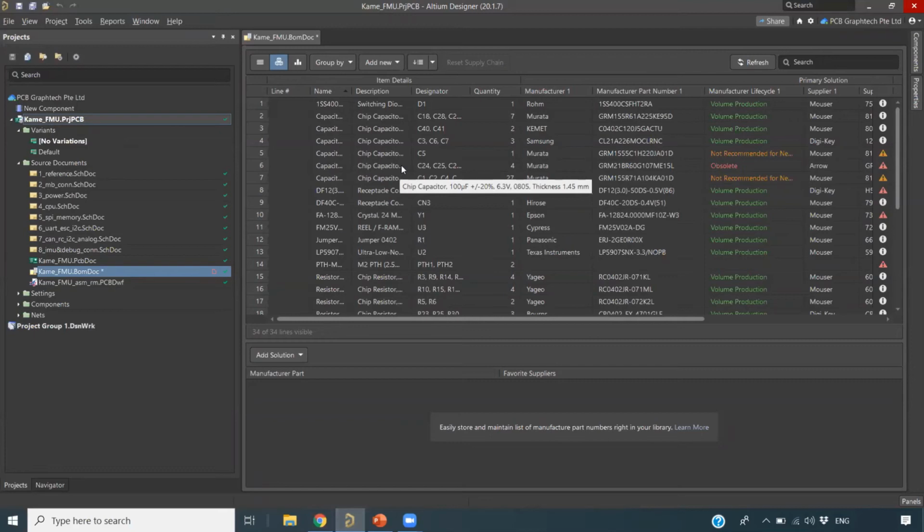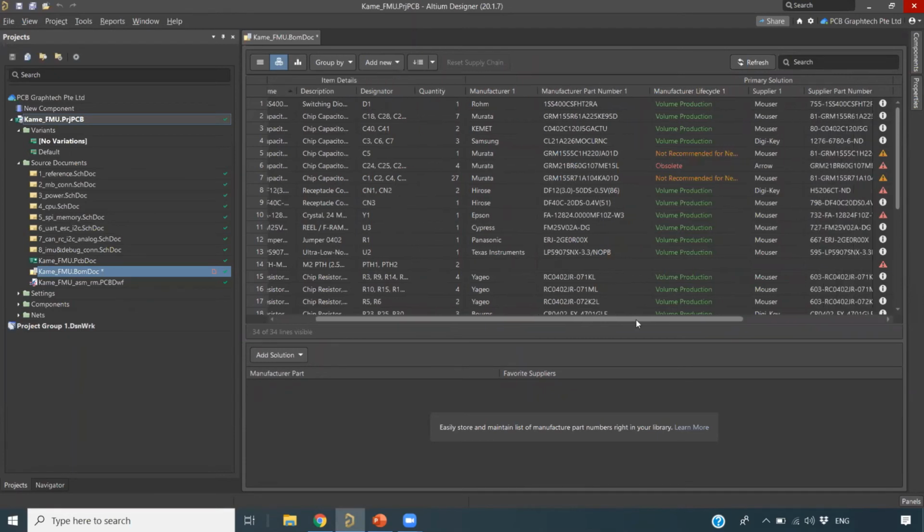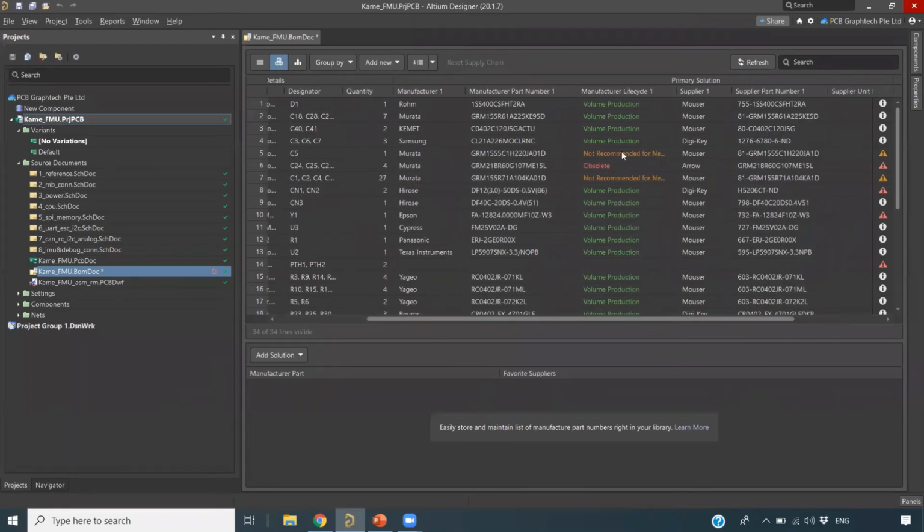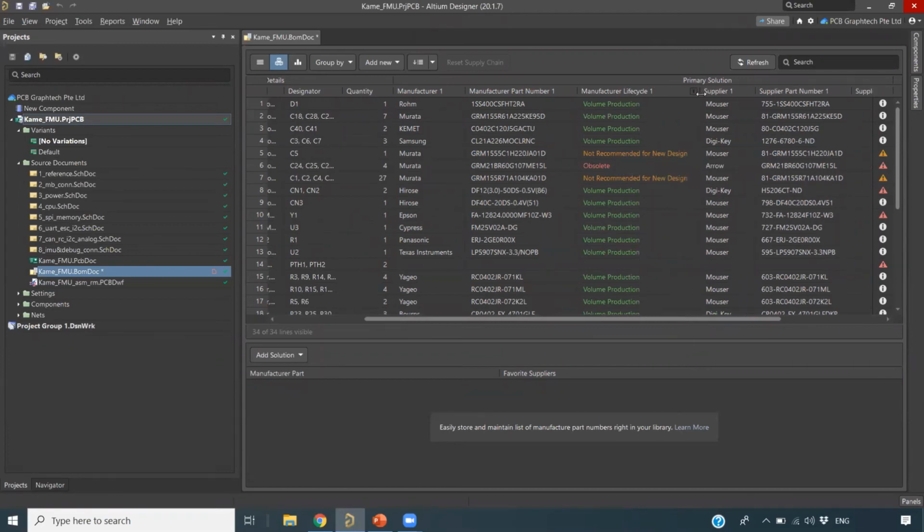Before going for the ERC check, let me show you something in the bill of material, the active bill of material. So we are opened in this page. Here you will be seeing, based on your name, description, different columns I have. Under these columns, you will be able to see the components like not recommended for new design, and you can also see obsolete components.